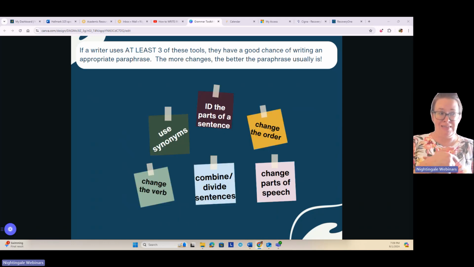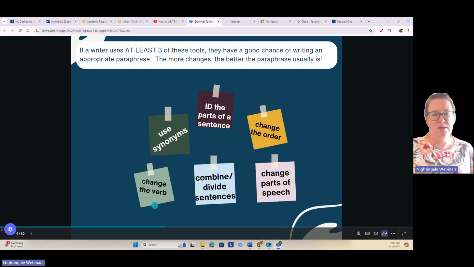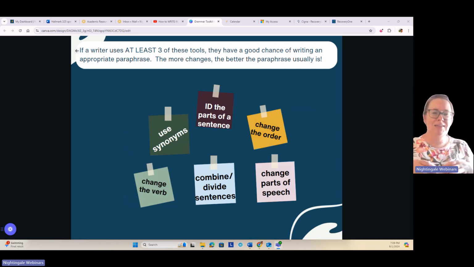I'm going to talk about these 6 different strategies or tools we can use in order to create a good paraphrase. So we'll talk about each of these separately as we look at samples. But what I want you to keep in mind is that a good paraphrase will use many of these together in a sentence to change a sentence in many ways, and then that will make it a good paraphrase.